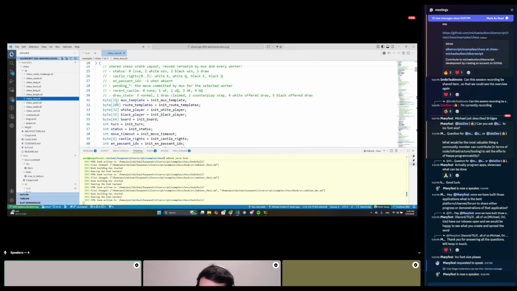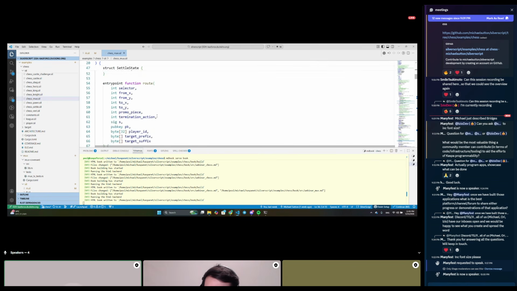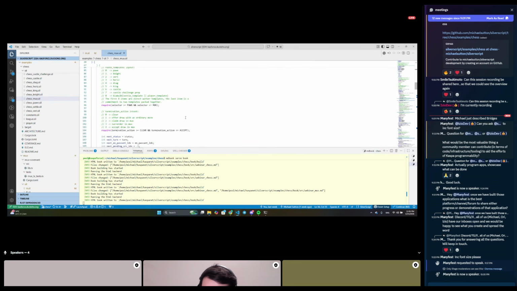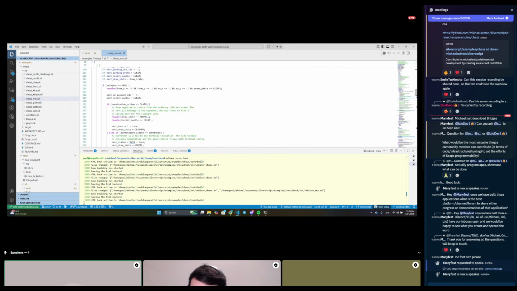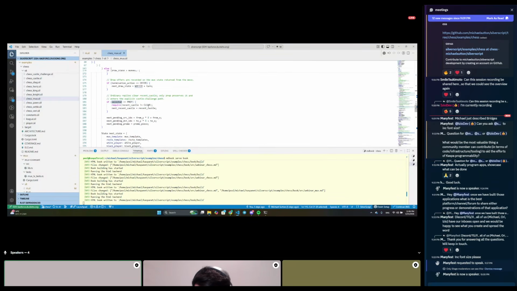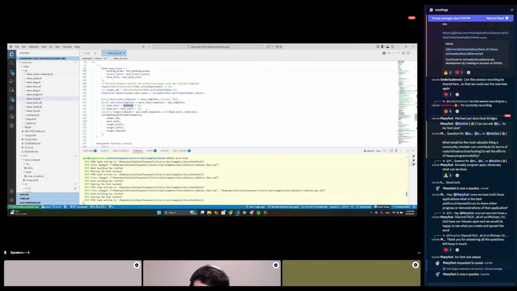Okay, so for the game, what I did is, instead of having a field per entity, I have the MUX template as one field, and then an array for all the others. And then a selector selects the next template based on a value from the user. Based on the selector, it maps the selector index to the 32-byte space, slices that specific template, and validates what we send to it.